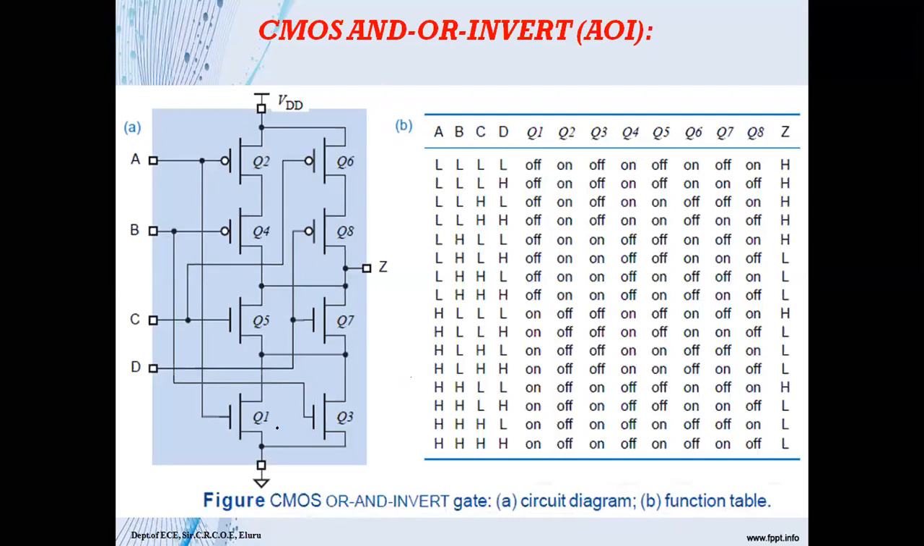For example, say the transistors Q1 and Q2 are one pair. It represents the input A. And the next pair, the transistors Q3 and Q4, represent B. Now A and B are ANDed, so these two are coming in series. These two are coming, wait, here, look at the